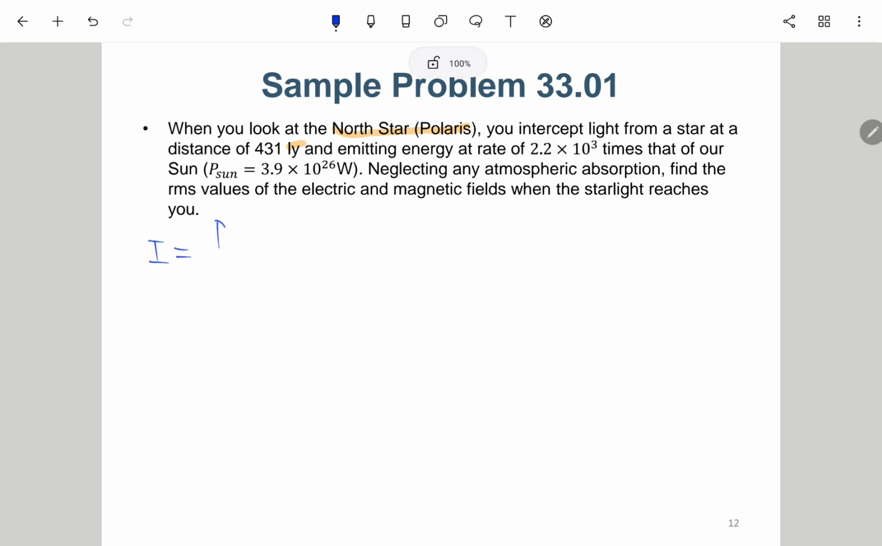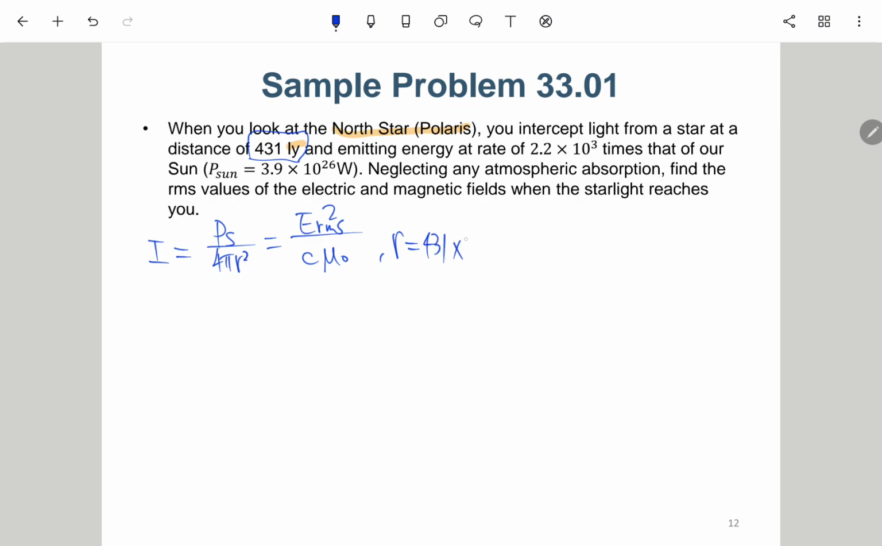So I equals PS over 4πr square. Okay, so this is the one, and then the other one is ERMS square over C mu naught. So here we need some conversion because light year is not an SI unit. So we need to slightly convert it to